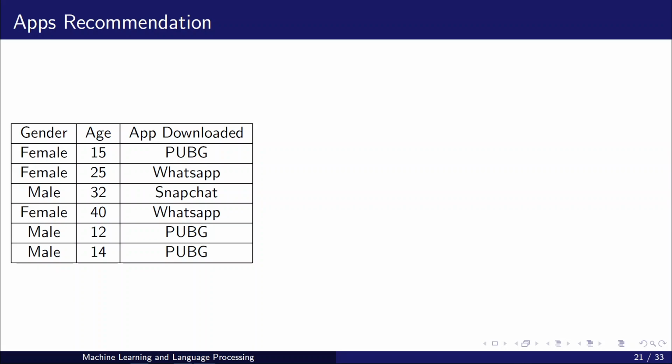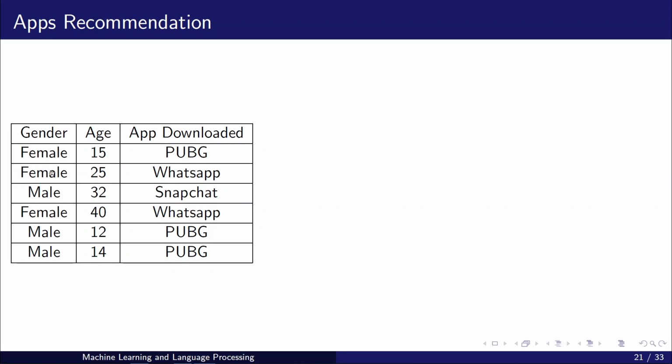You have previous data with three columns: a gender column, then age, and which app this particular person downloaded. For example, a female of age 15 downloaded PUBG, a female 25 downloaded WhatsApp, a male 32 downloaded Snapchat, and that sort of data is available.